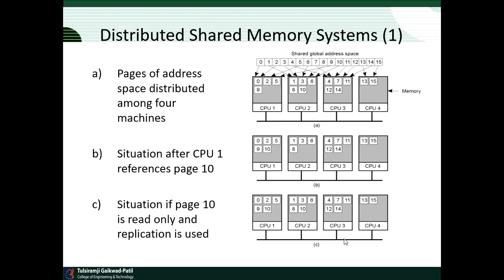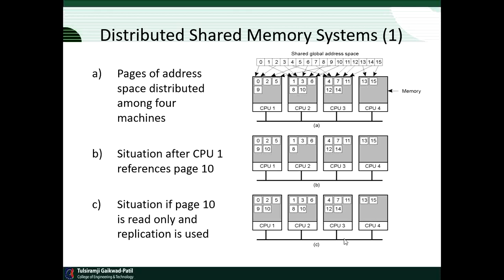Then we will see the distributed shared memory concept of the distributed system. Here we can see in diagram A, pages of address space distributed among 4 machines. Pages of address space distributed among the 4 machines having their own CPU, that is CPU 1, CPU 2, CPU 3 of machine 1, 2, 3, 4, and all the pages are distributed